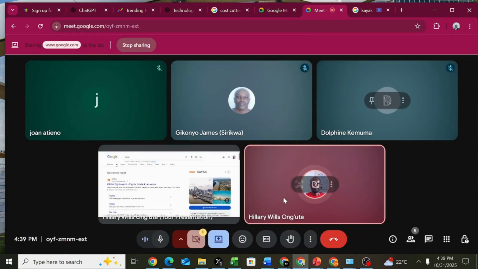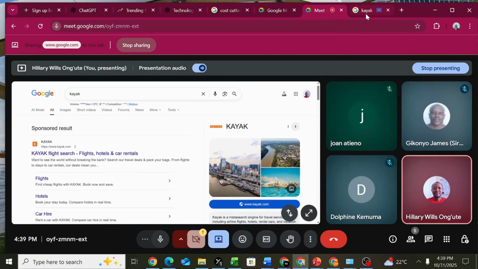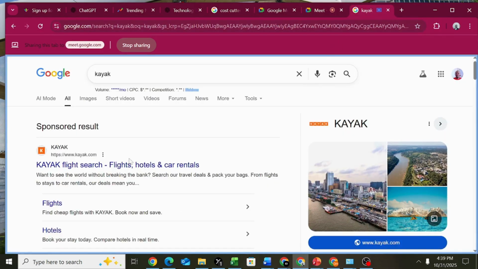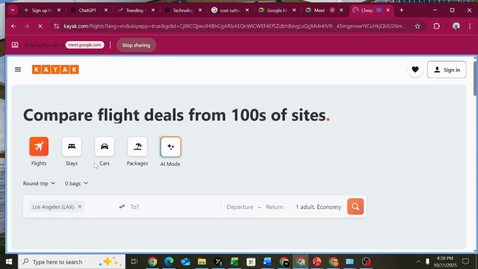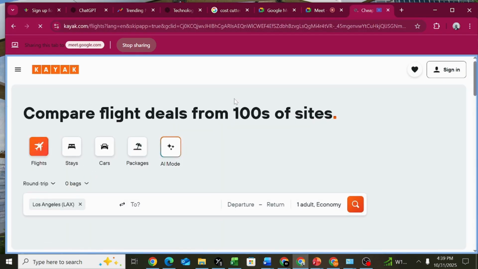So we are on the Kayak 2. So you click on flight research, the first link. So I'm going to use a hypothetical client.